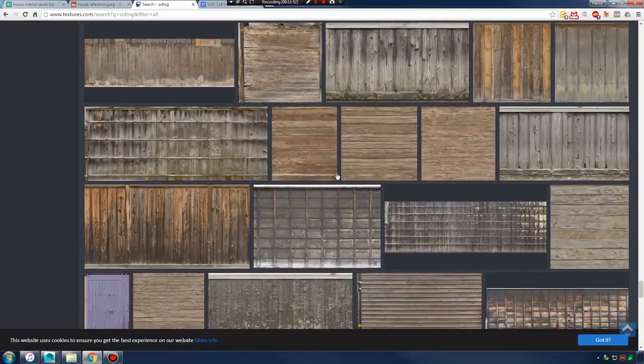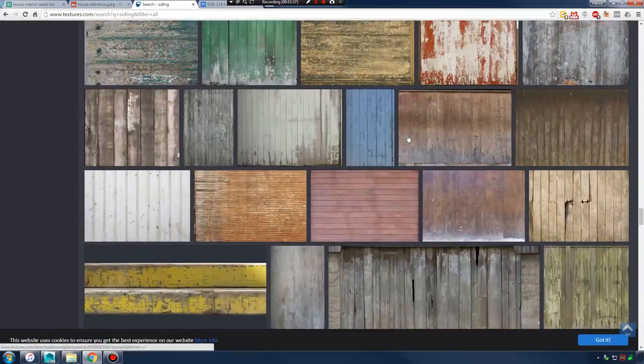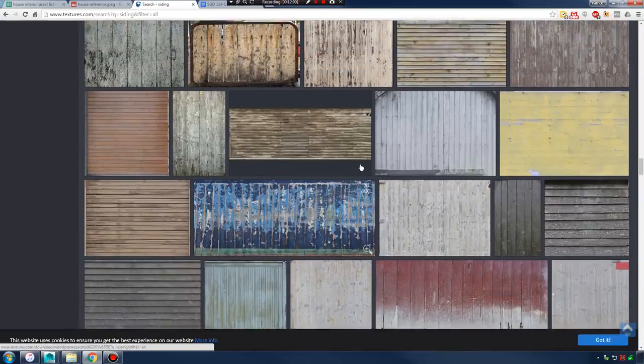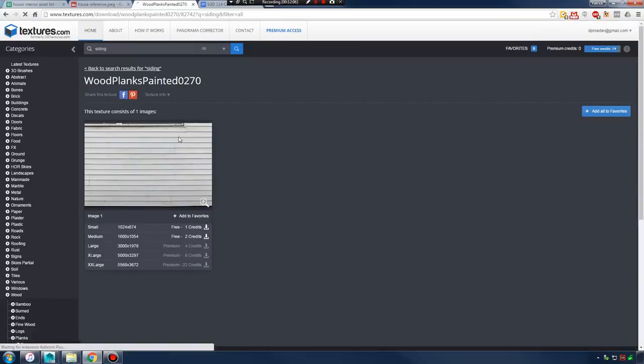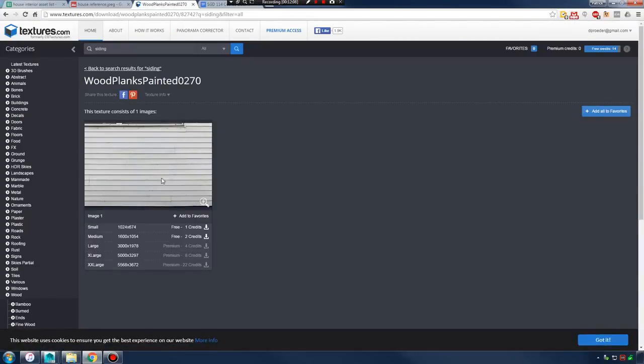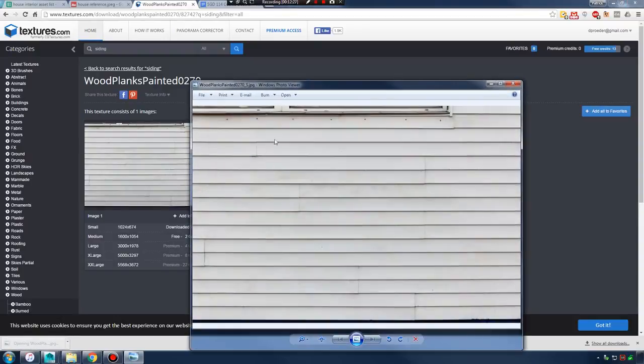So there's a lot of options we can be picking here. I might just have to end up doing a white wood texture because I'm not finding the exact one I want. Actually, there we go. Well, it's wood planks, but it looks close enough to the vinyl siding. I'm going to download the small one. This is only one free credit. And we're not going to be using Photoshop, so it's not seamless. We're going to try to do the best we can with this